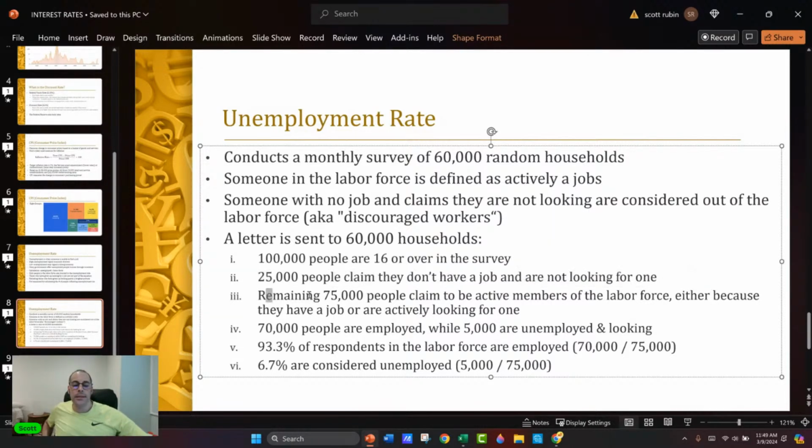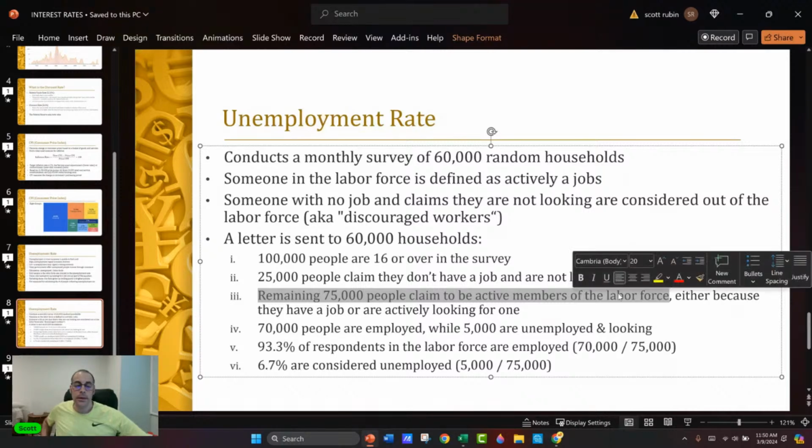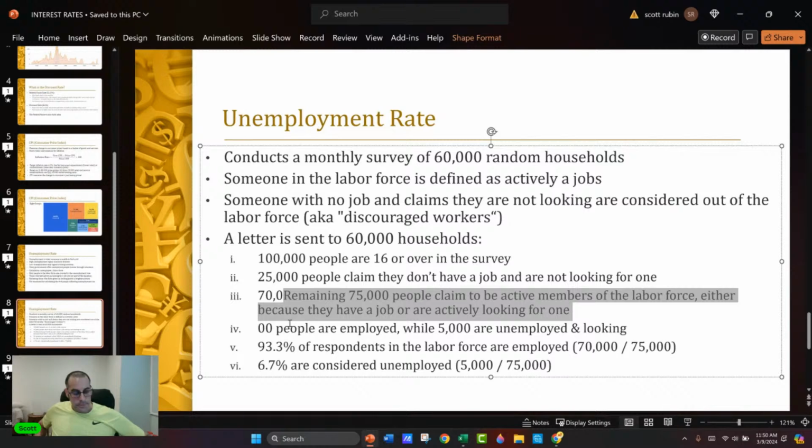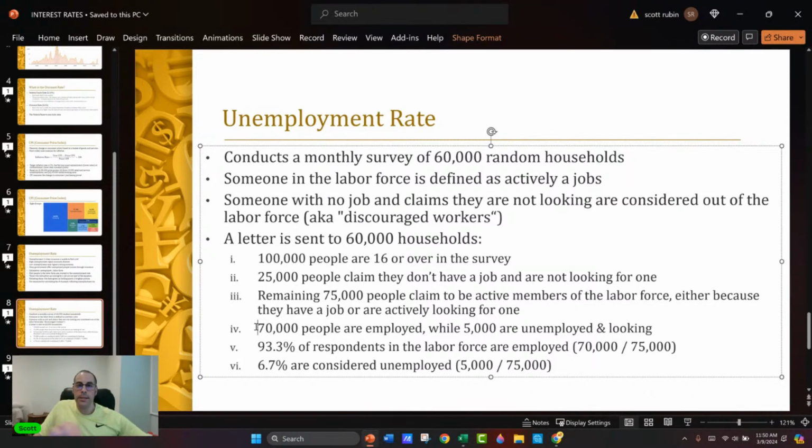So the remaining 75,000 people claim to be active members of the labor force, meaning they're above 16 and looking for a job, or they just have a job. The only way they could be part of the labor force is either they have a job or they're actively looking for one. Or it might be both. You might have a job and be actively looking for another, but you're employed, so part of the labor force. So of these 75,000 people, let's just say, for instance, on the surveys they got back from the people,